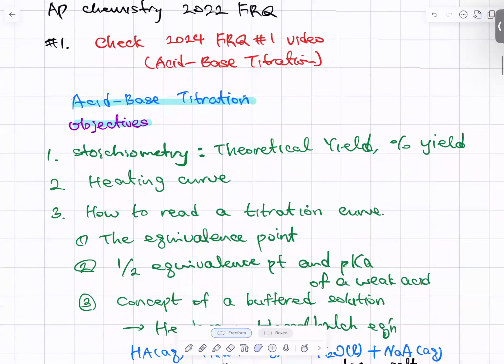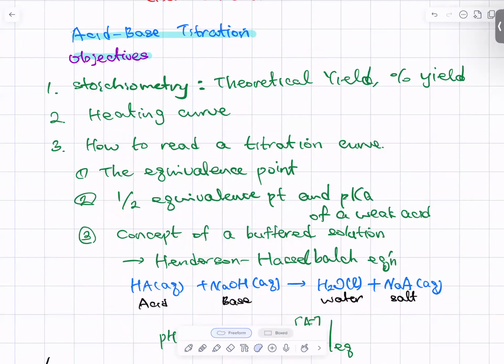Here in this problem, we are looking at acid-base titration, which is a very core concept in acid-base chemistry. And we have triple objectives. First, stoichiometry: understanding the balanced chemical equation and using its coefficients for mole-to-mole conversion, and theoretical yield. Theoretically, using that balanced equation, how much product will be obtained at maximum amount. And percent yield, when you actually get your hands wet with the chemical reactions, then actual yield is always less than